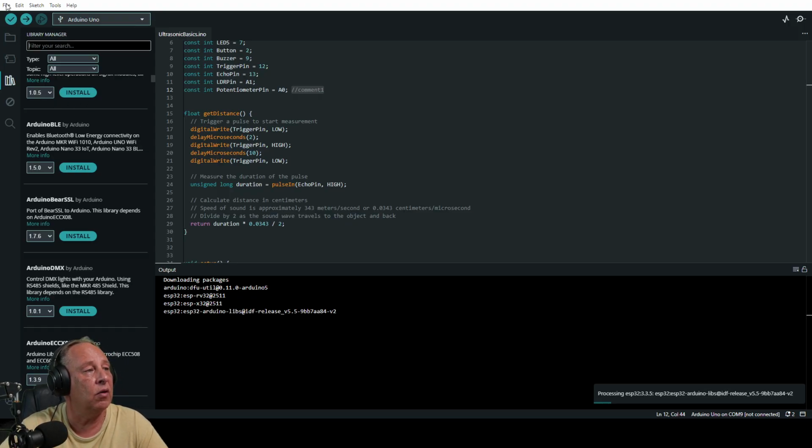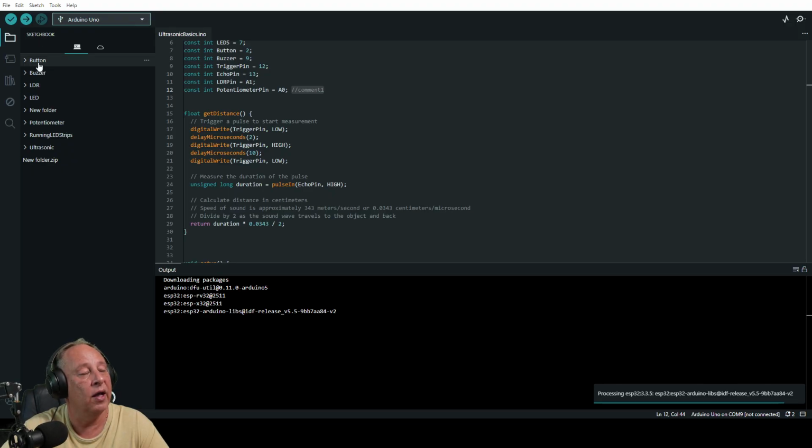All right, so let's just start from the top. We've got File that you'll find in most programs, and you can start and create a new sketch. The sketch is the name that Arduino decided on for your code or your program. So you can create a new program, a new project, in other words, and you can see those programs inside your sketchbook. Also, if you go here, there's your sketchbook, and you can easily open up your old saved projects.